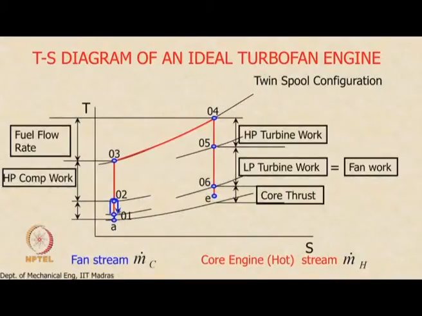You can see that I have indicated that using a curved arrow to differentiate between these two. The m dot c of the air goes through the intake from A to 01, and then from here it goes through the fan, and then 02 to the exit will be the fan nozzle. I have not indicated the fan nozzle here, but the expansion process from 02 to this pressure is the fan nozzle part of it.